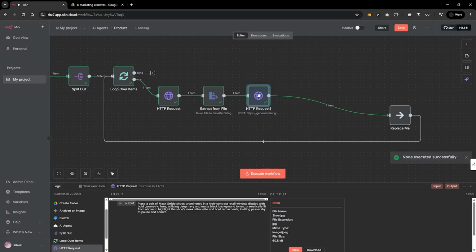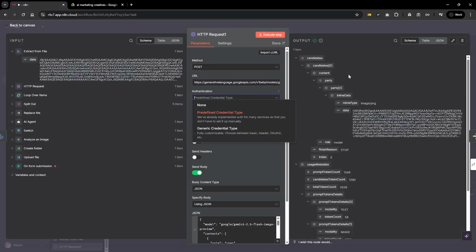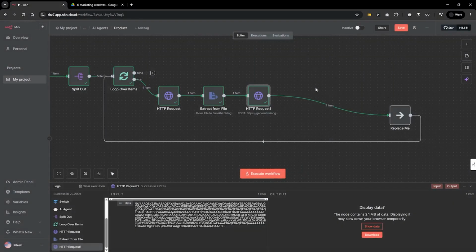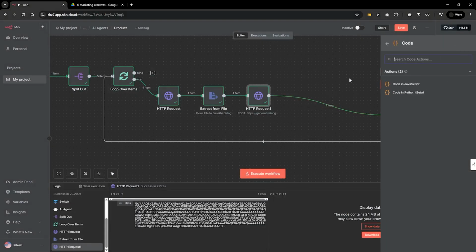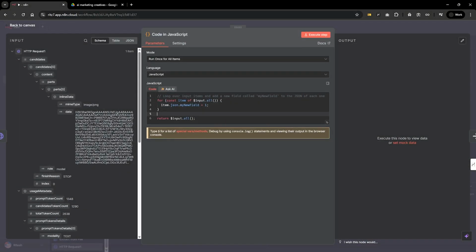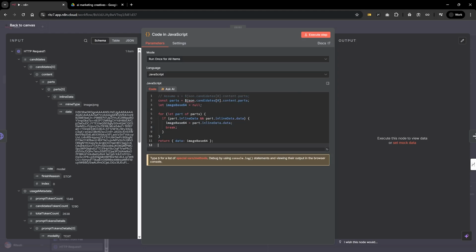Let's open this up. You can see it. Now sometimes this will be multi-parts, and to ensure that it runs smoothly, you'll have to add some code, and it is going to be JavaScript. Just include this code, okay, and that is going to be combining all the parts together. Let's run this,